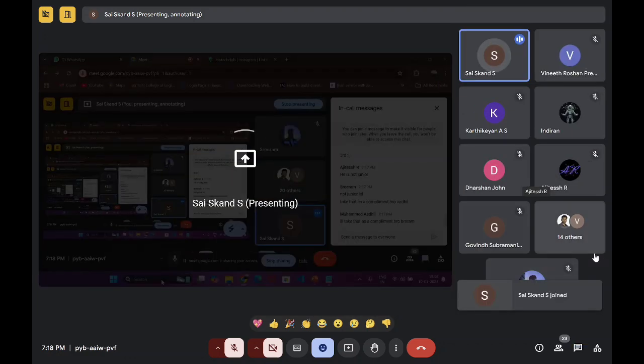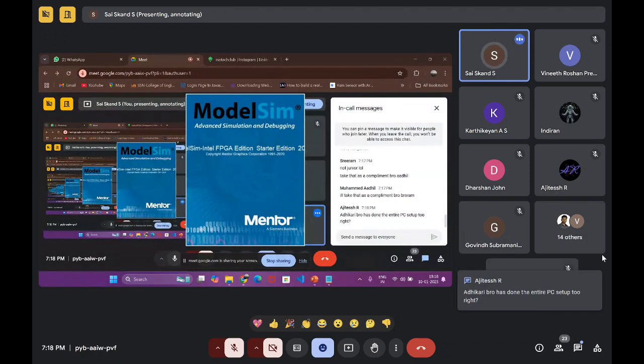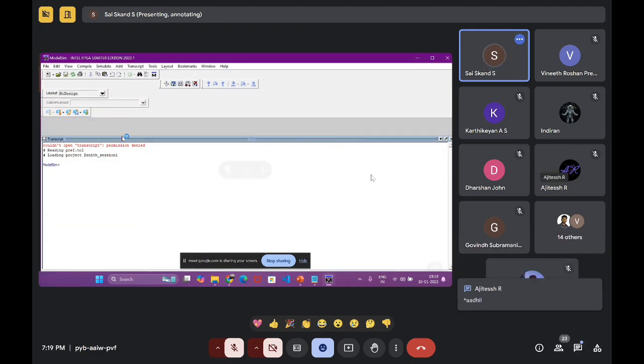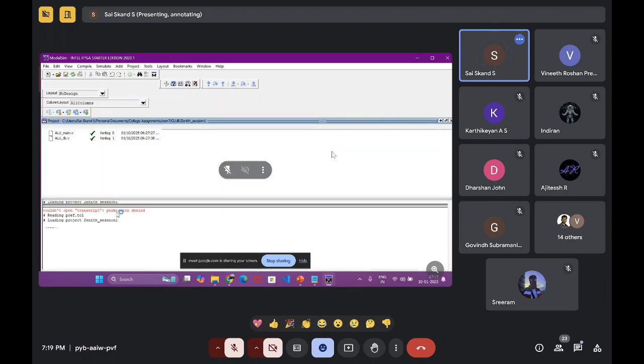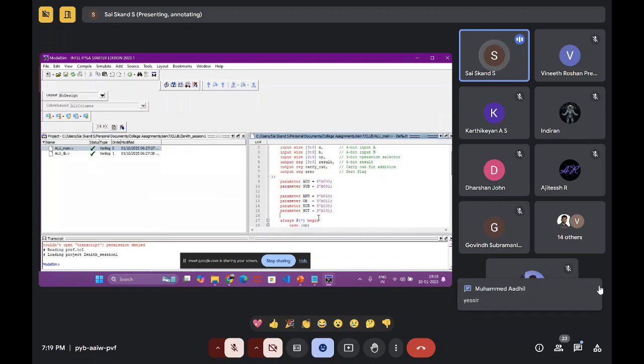So we have this called Modelsim. It's basically a simulation tool. So we're opening this. Yeah, this is the tool. The code is already ready. I'll explain it to you step by step. Yeah, this is the code. I guess you're all clear with HDLs. It's similar to VHDL only. In this case, you don't need to define IEEE. Those things are not required.